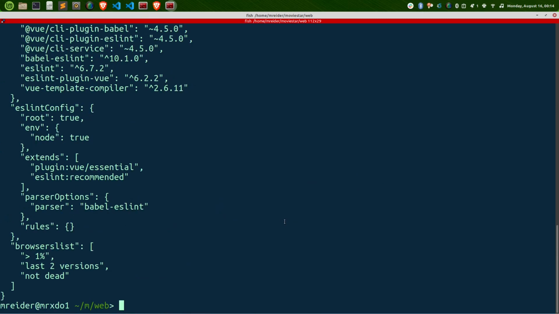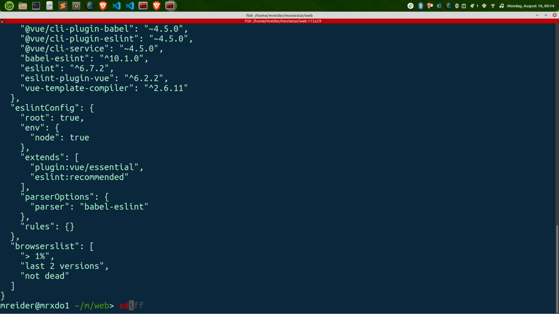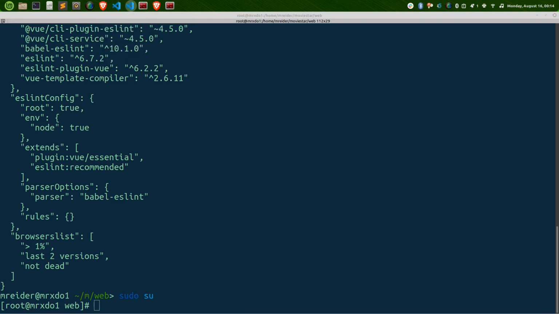Okay, now one more thing we need to do is we need to create certificates. We need to create certificates for this website, and a very simple way to do it, you need to install a package called certbot. And certbot is a package by